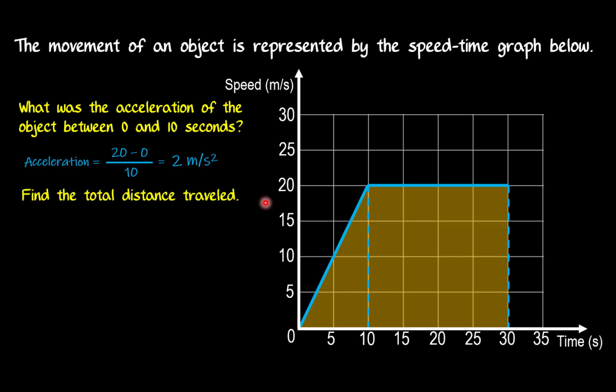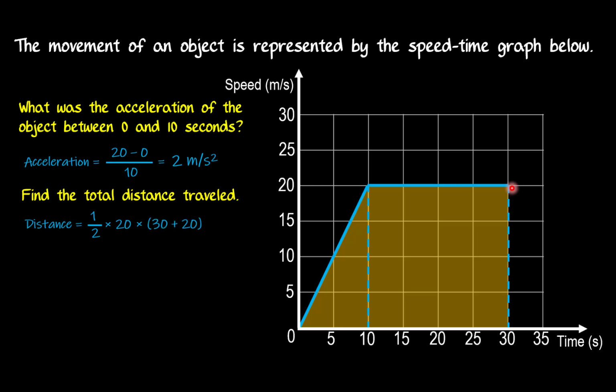Okay, let's hear the next question. Find the total distance traveled. Remember, the total distance traveled is the area under the graph. So we're finding the area of this trapezium here. This trapezium has height 20. So it will be 1/2 times 20, the height, times the sum of the parallel